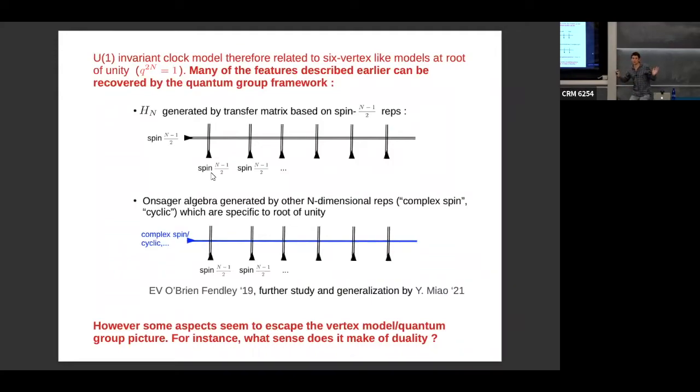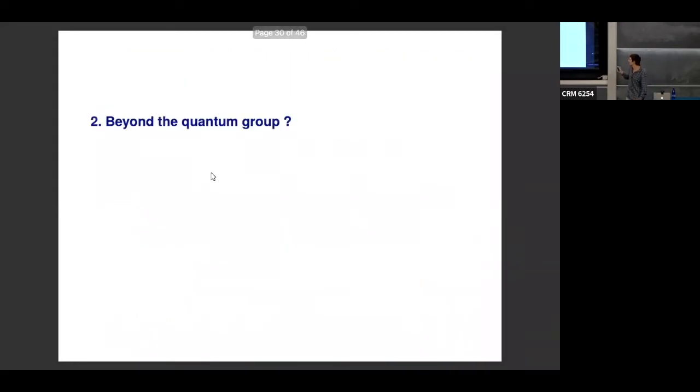Duality was clear in the clock model. We knew how to map tau to sigma sigma, it had a clear meaning, and it was clear that Hn commutes with duality. Now we wrote Hn in terms of a vertex model. What does duality mean in this setup? It's really not clear at all. How do you see from the six-vertex model that H is self-dual? That's not clear at all from this picture, at least I believe. And so that is what motivates my second part,